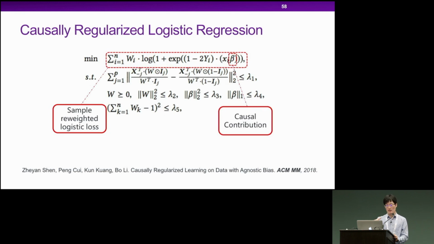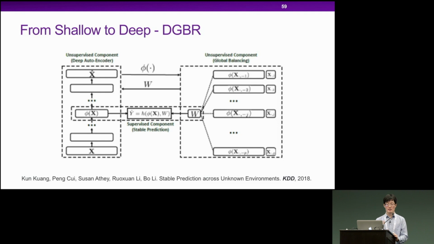If you don't do the weighting, the beta here is actually the correlation coefficient, right? But if you do the weighting, that means all of the variables have been decorrelated. Then if you do the regression here, the beta implies the causal contribution of a variable, right? So that's the difference. We can also use this kind of sample reweighting strategy in some deep